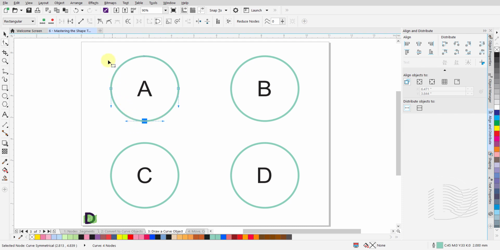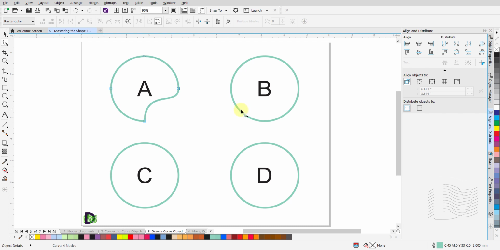Click on this icon for the cusp node up in the Properties bar to make it active. Click on one of these two control handles and move it around. You will notice that the control handle on the other side, as well as that side itself, both remain unchanged. Move the selected control handle to form an angle. Release the left mouse button when done.